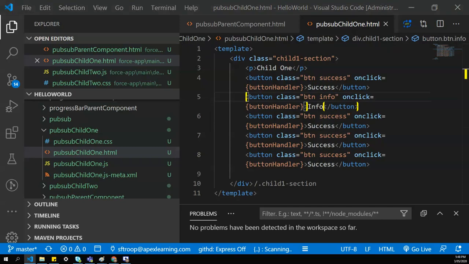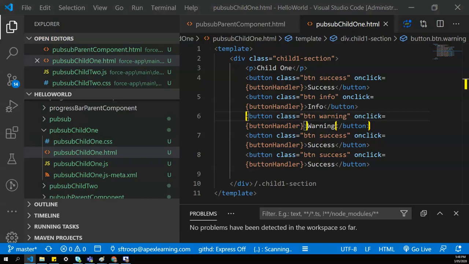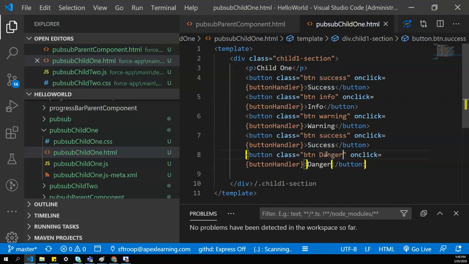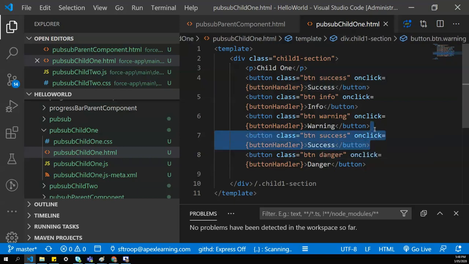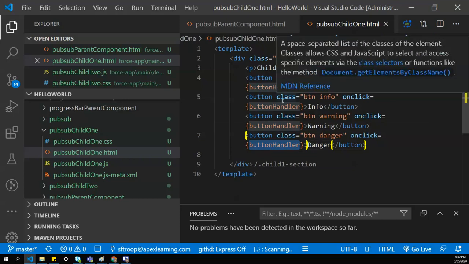The third button type is warning, which has a class warning. And the fourth button is danger, that has the text danger. So we have 4 buttons in total: success, info, warning, and danger.